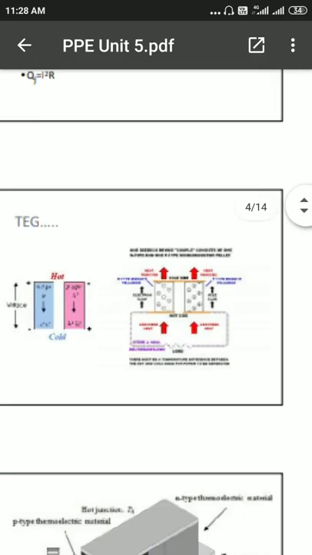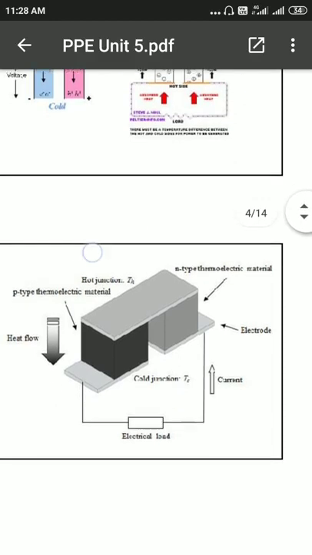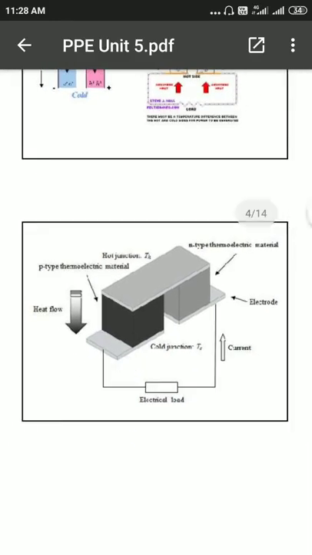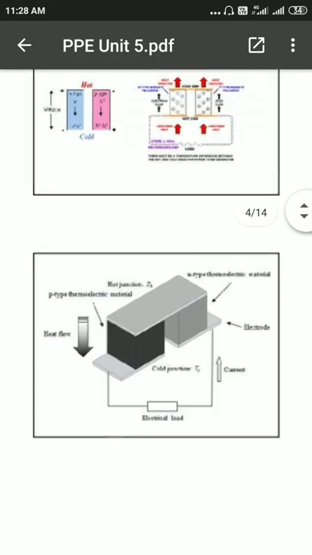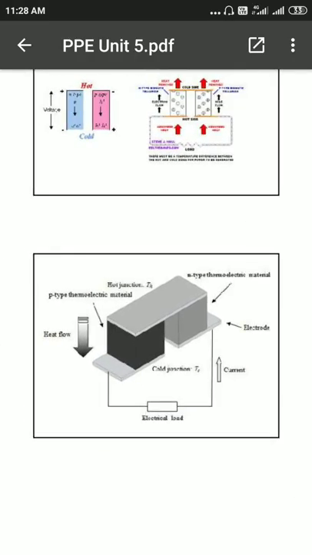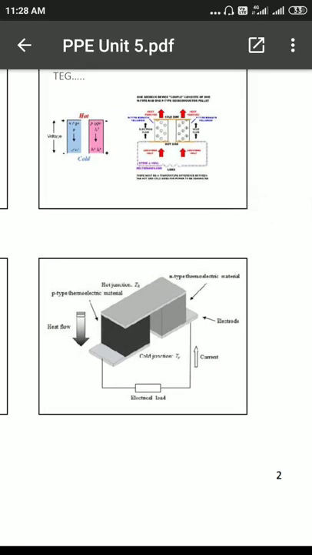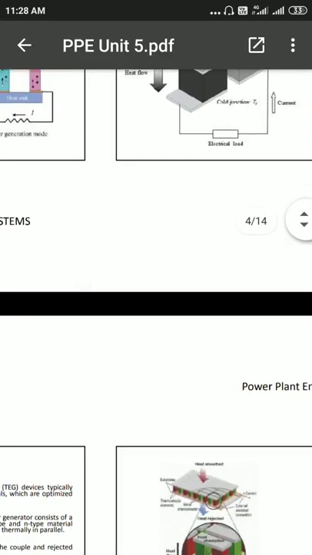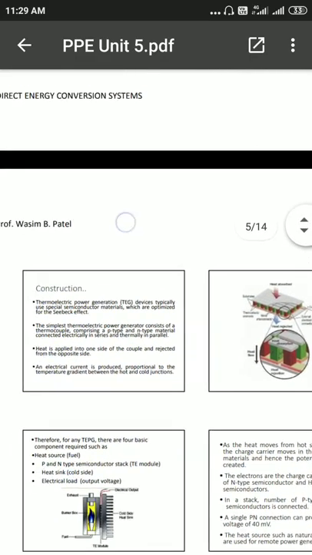After that, if we connect a bulb across this, the bulb will light up. This is the basic diagram. The hot junction is the upper side, where we heat the P type and N type materials. Holes flow in the P type material and electrons flow from the N type material, and due to this electron flow there is a current. We already know that current flows in the direction opposite to the flow of electrons.